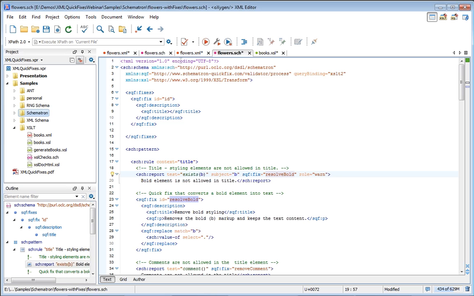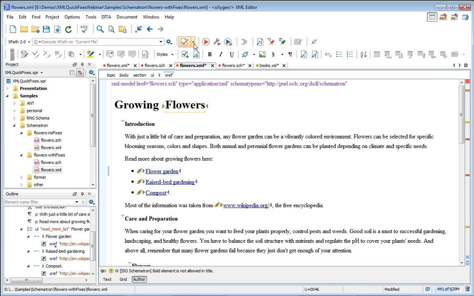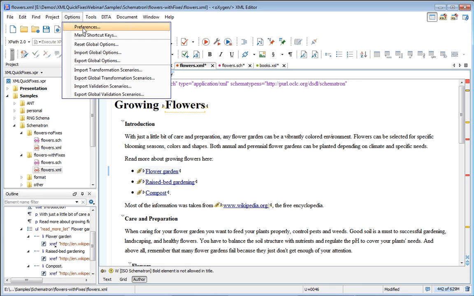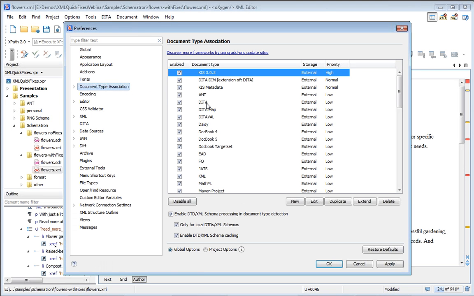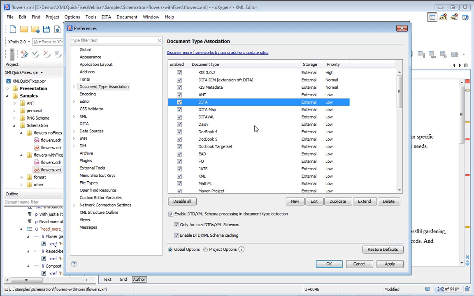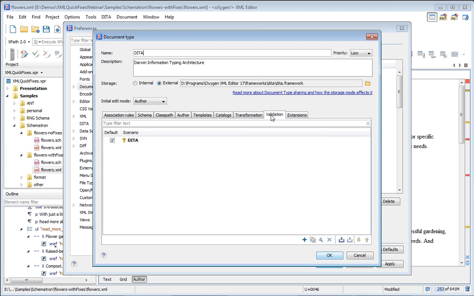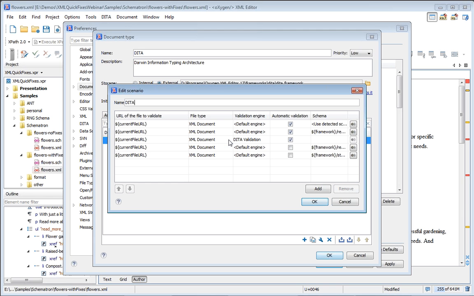So maybe Octavian can go to options, preferences, and then in the document type association, we can select DITA, and on the validation tab, you see that we define a DITA validation scenario,